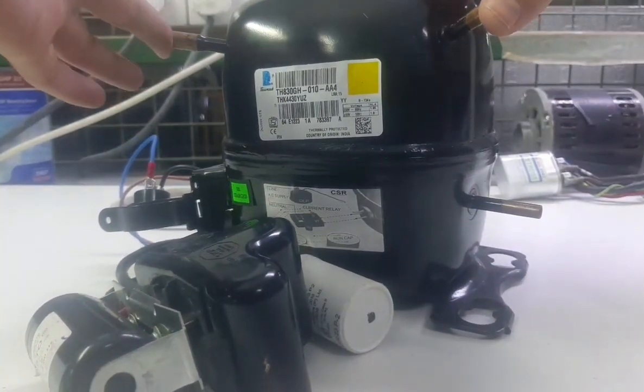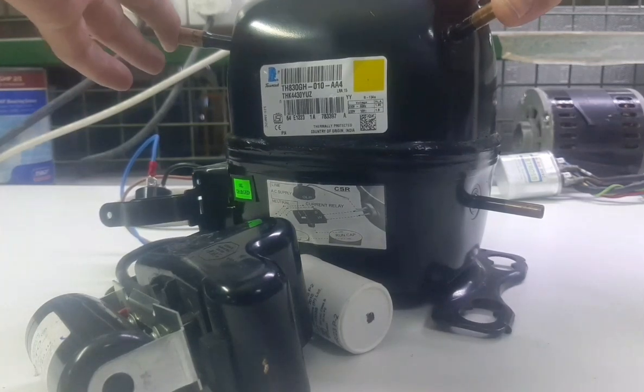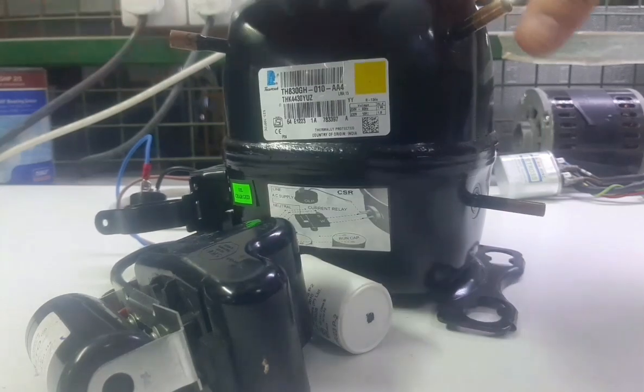Next to a suction line. One line you can connect charging line and another line you can connect suction line, and this is